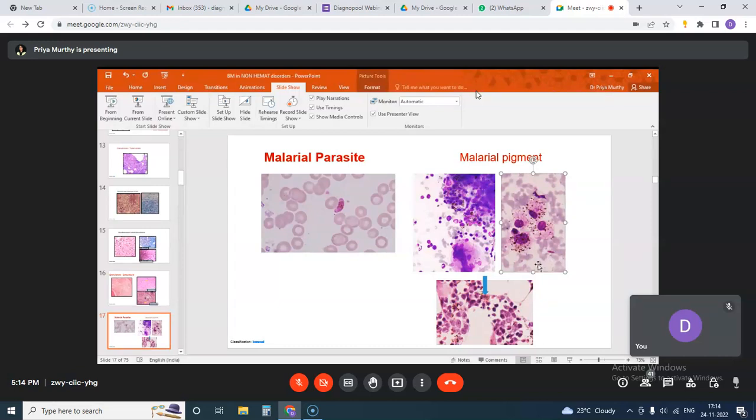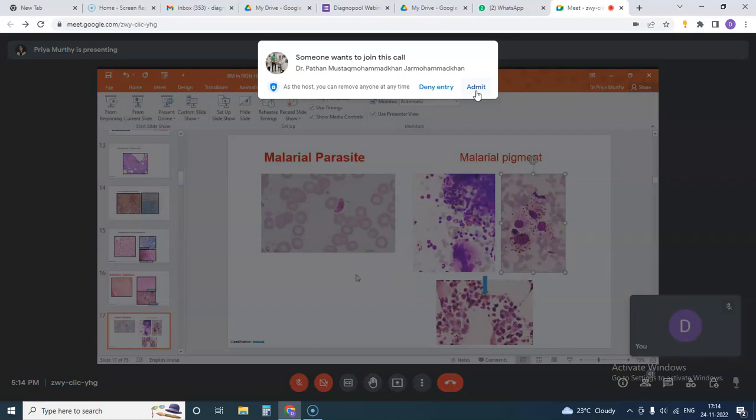But more commonly, you will see these macrophages loaded with hemozoin pigments. These are small nodules, if you can see, within the macrophage, and each of these nodules corresponds to one gametocyte. You should be aware of the fact that even if you don't find any of the different stages of the malarial parasite, the presence of these pigments should give you a suspicion that it could be a case of malaria.